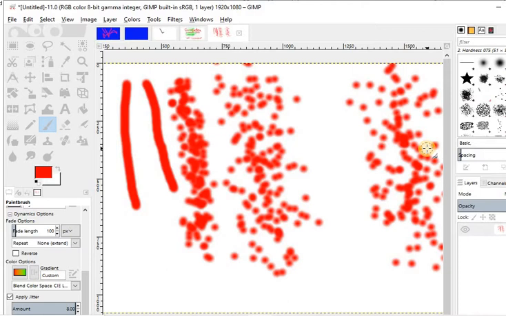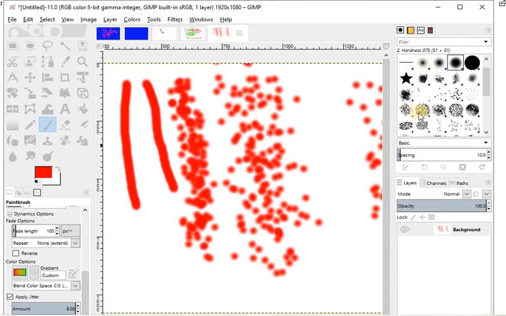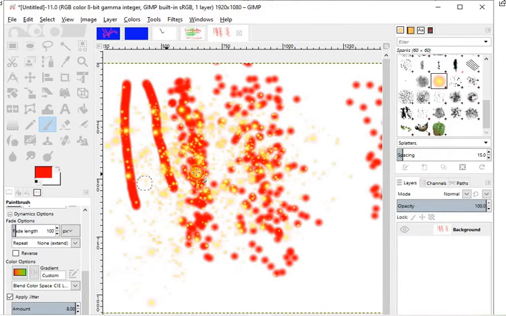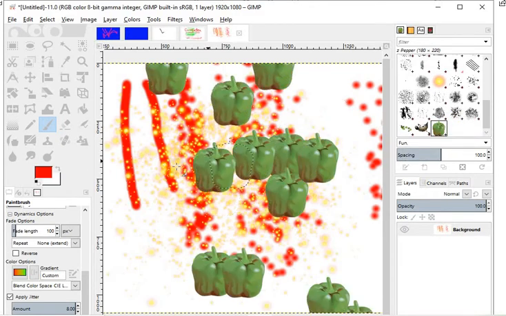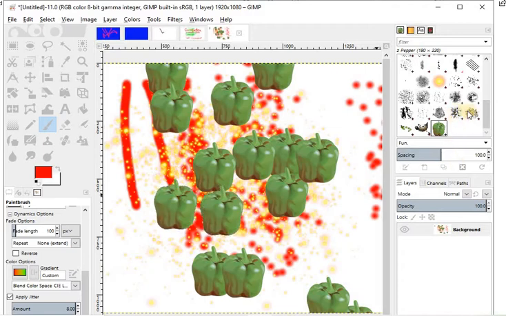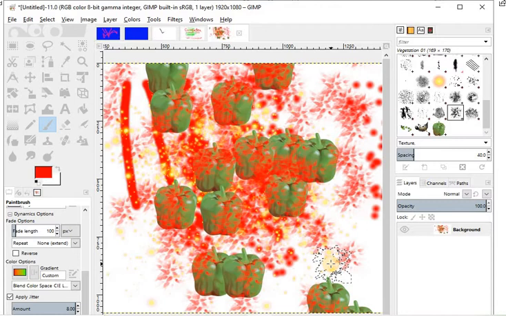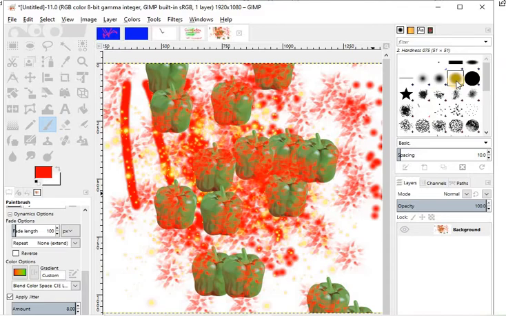And with this we have one more thing, that we can select the brush shape from here also. Just see here, we also have multiple brush sizes, so from here also we can choose the brush size. Okay, the next thing we are going to discuss is the shear tool.